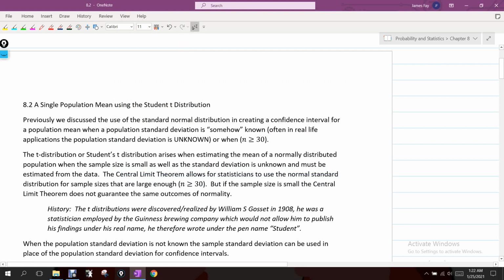We're going to make the jump from dealing with a single population mean using the z distribution to a single population mean using the student t distribution. What the z table, the normal distribution, was allowing for us was through the use of the central limit theorem